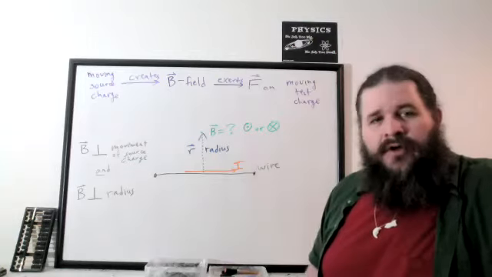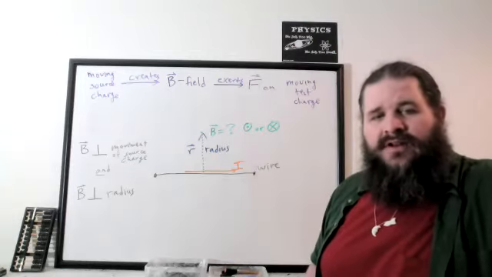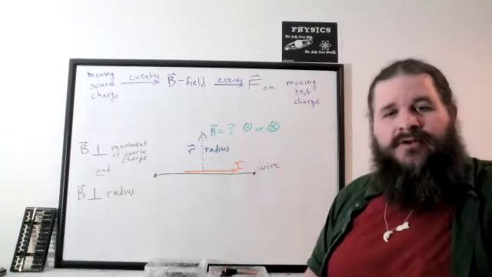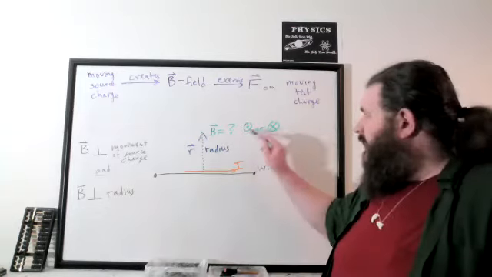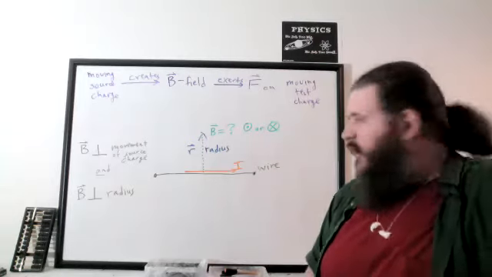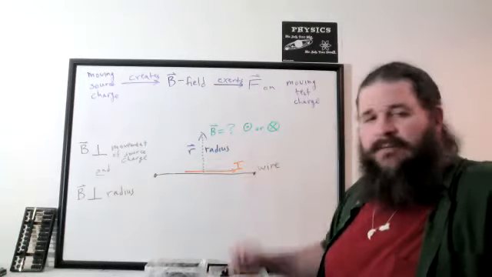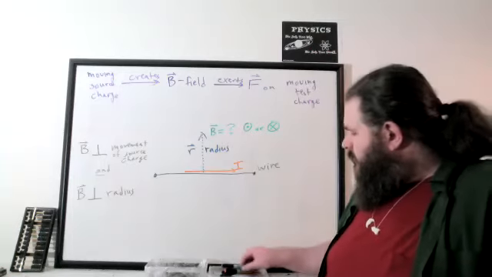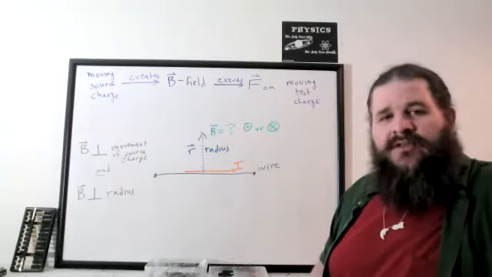To choose one of those, this is what the right-hand rule is all about. Any right-hand rule is about choosing one of those two once you've narrowed it down to two possibilities. And it doesn't have to be outwards or inwards. It really varies depending on which direction the radius and the current are going to be. In this case, there are several variations on this. One way is